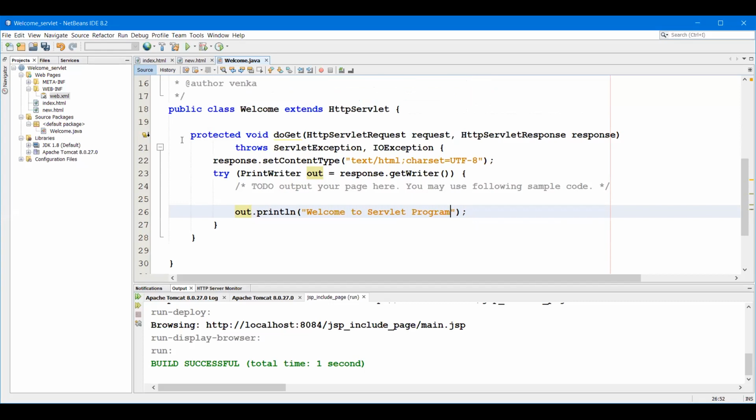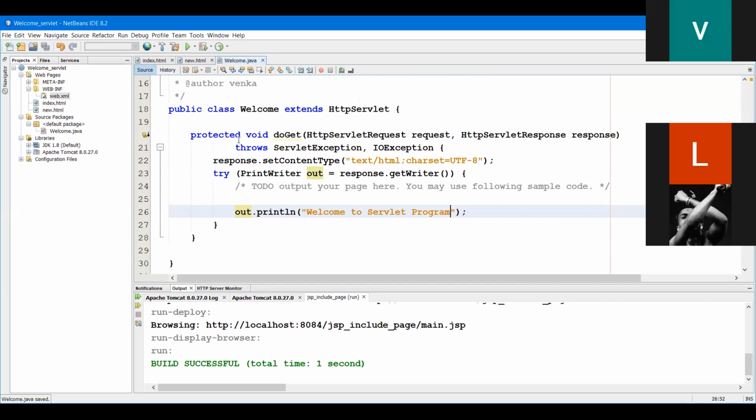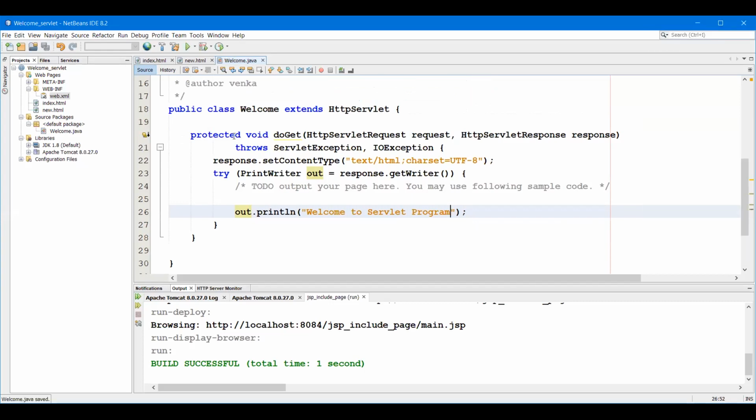Now we have to check whether the program is running correctly or not. A simple servlet welcome message can be run without invoking it with the HTML file. If it is getting any parameter values, it is very difficult to run the program.